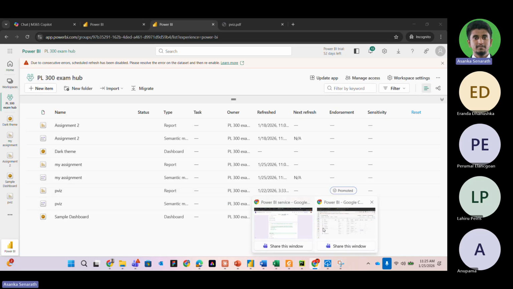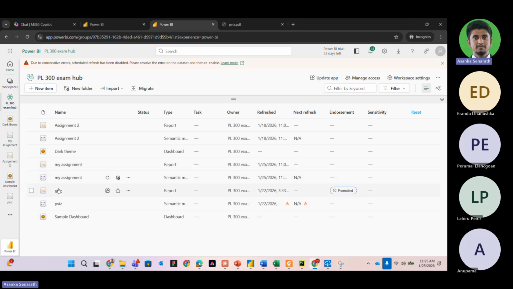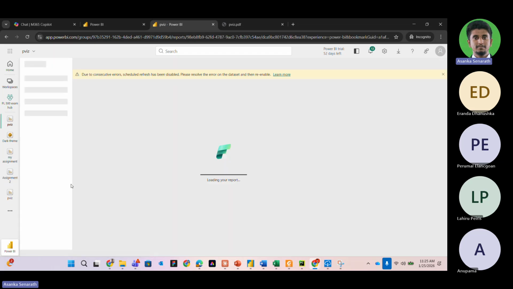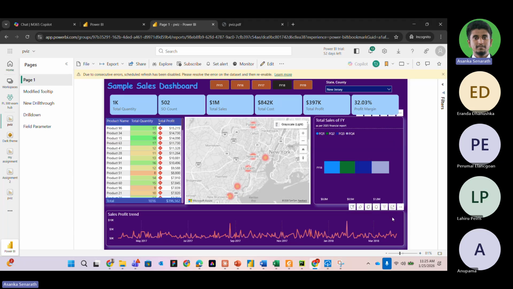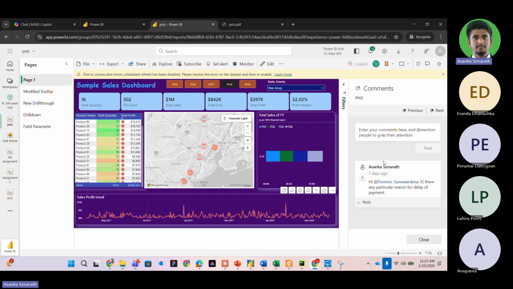You can create a comment, right? If you have an issue with a visual, you can create a comment. For this example, you can come here and create a comment. Last time I created this comment, so you can see I created a comment for the date. If, let's say, the sales director wants to add a comment on the sales manager's performance, he can come here and do it.